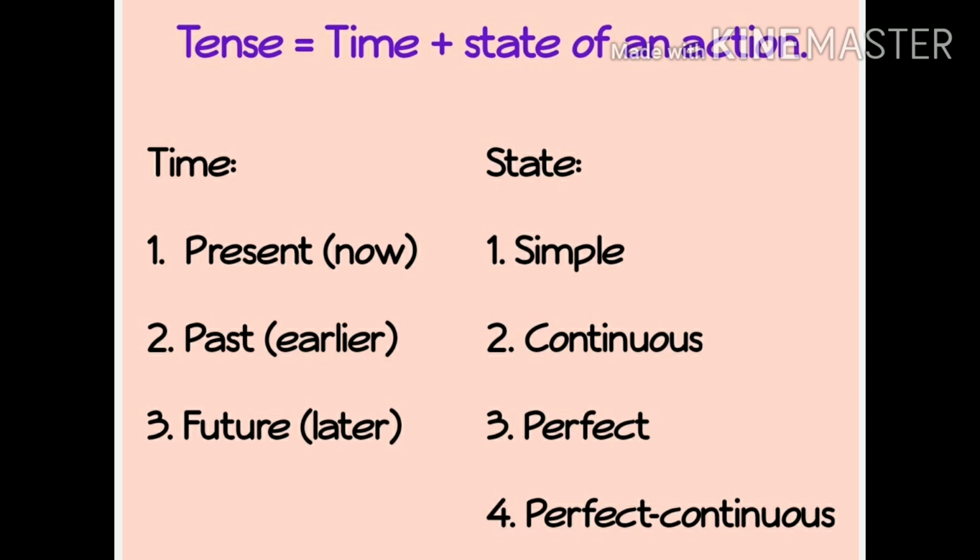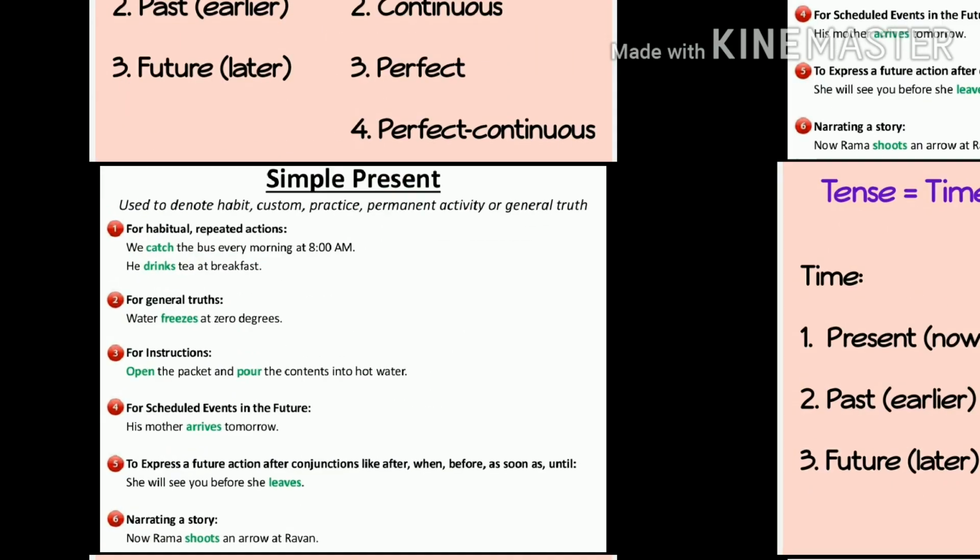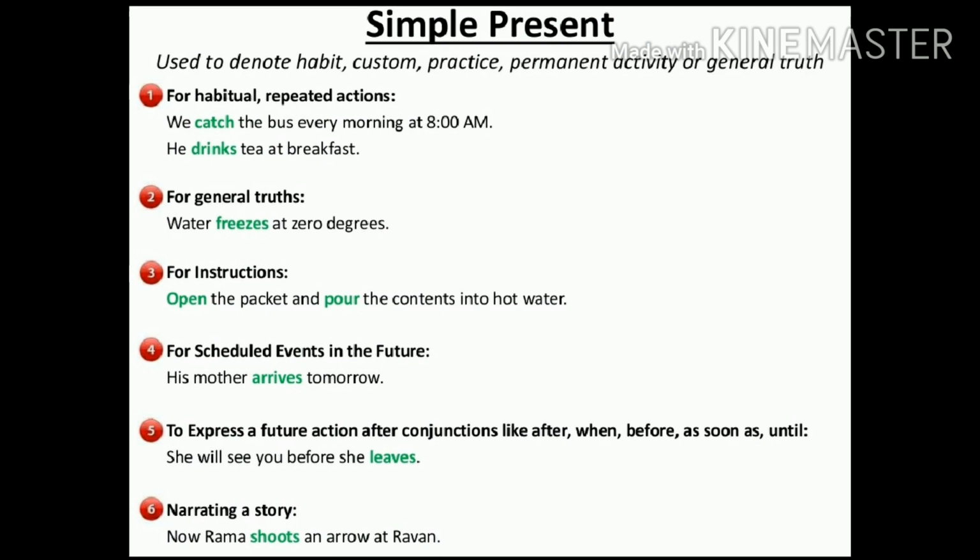So dear students, now when we have understood that according to time of action we have 3 tenses, present, past and future, and according to state of an action we have every tense's 4 parts. First we will deal with the present tense, and in that present tense the first part is simple present tense. Here we will learn what is simple present tense, and we will also learn and try to remember where these particular types of tenses are used.